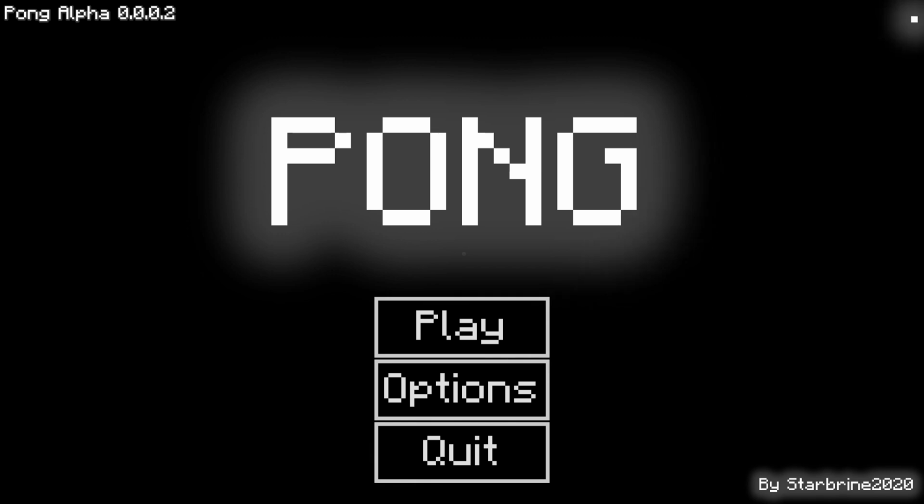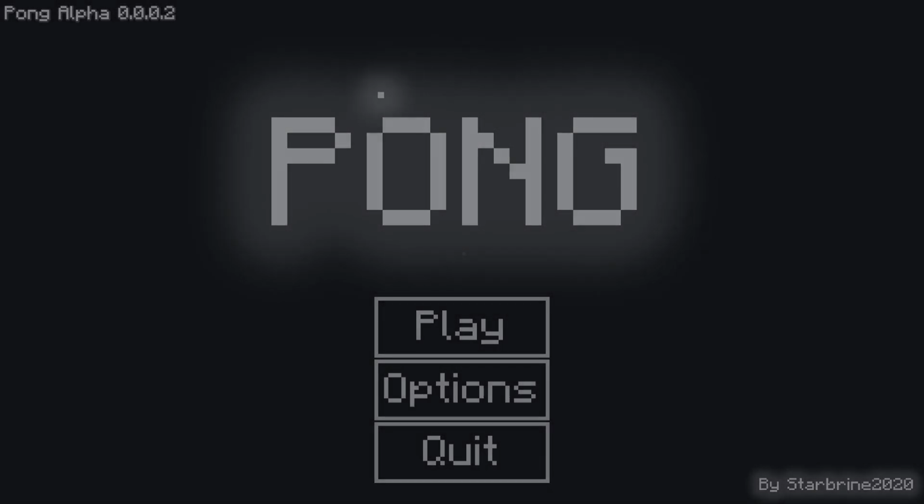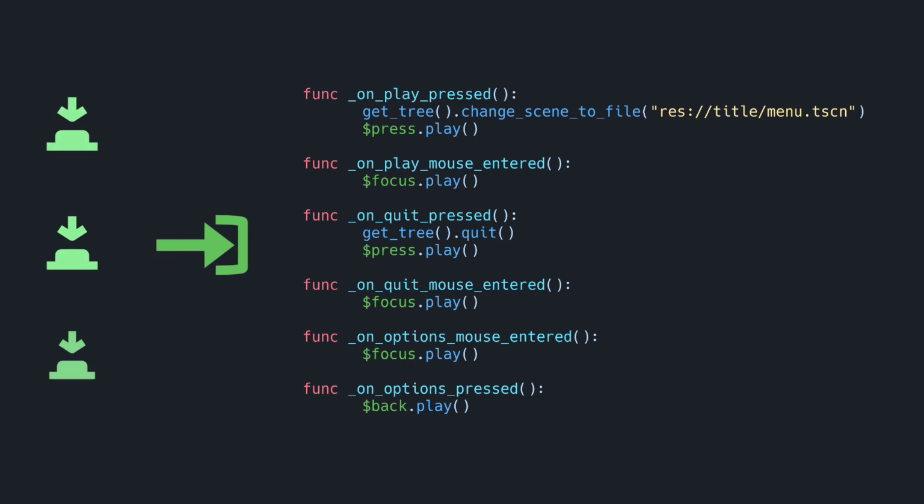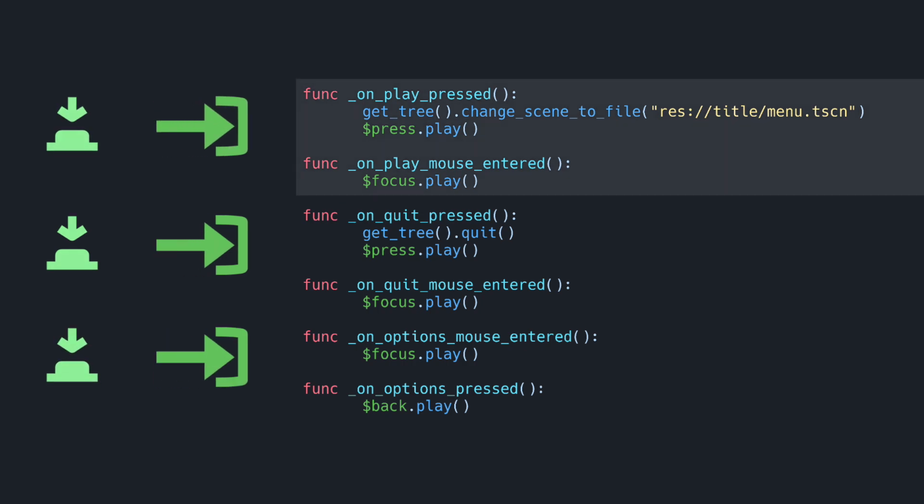As soon as you open the game, you'll notice there's now the new node structure, which is a play button, a not working options button, and a quit button. You will also notice that when you enter the mouse in any button, it will play a little sound, and if you press it, it will play a different sound. To do this, I connected the mouse entered function and called the play function with all the buttons, so an audio stream player node plays whenever the mouse enters or presses the button.